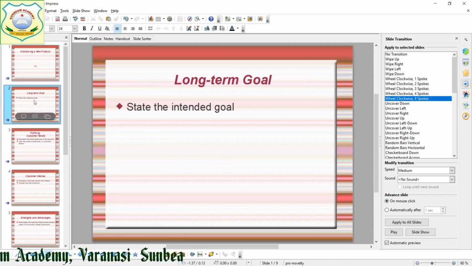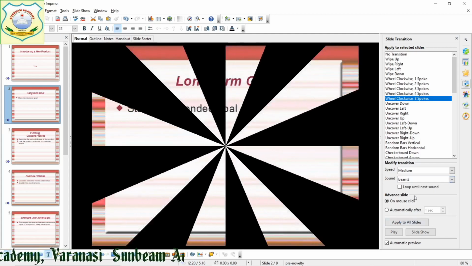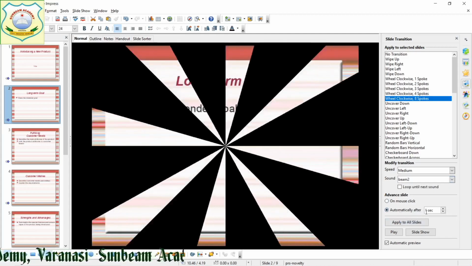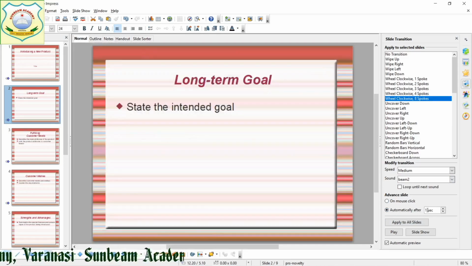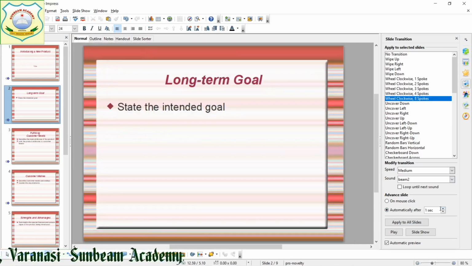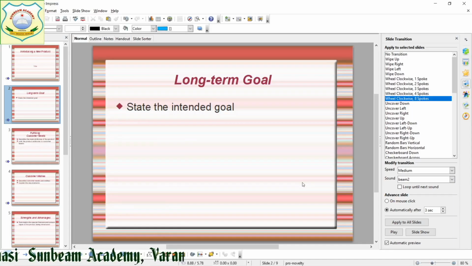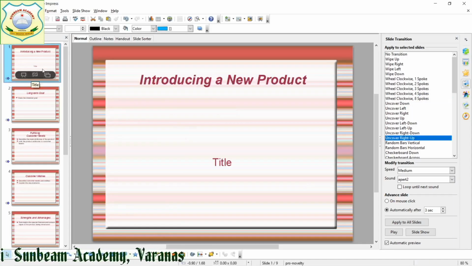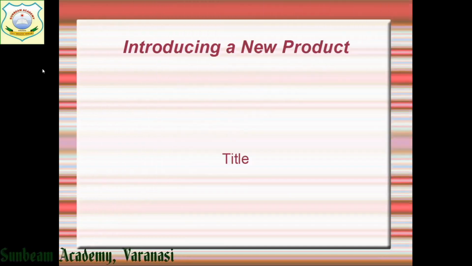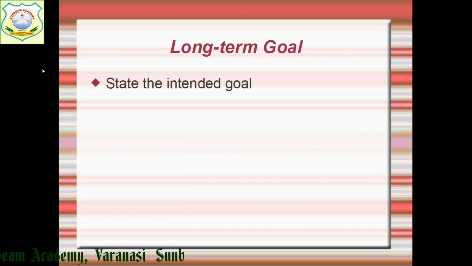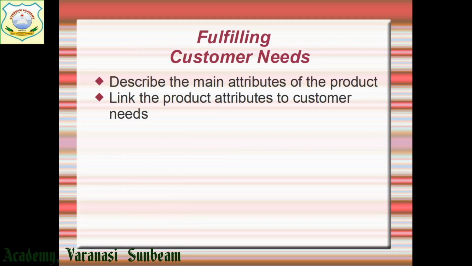After the second, if I am going to give this sound, then after 3 seconds, now you can see. I'm starting from this one. Wait, 1, 2, 3. The second slide will come, right? Then after these 3 seconds, the third one.